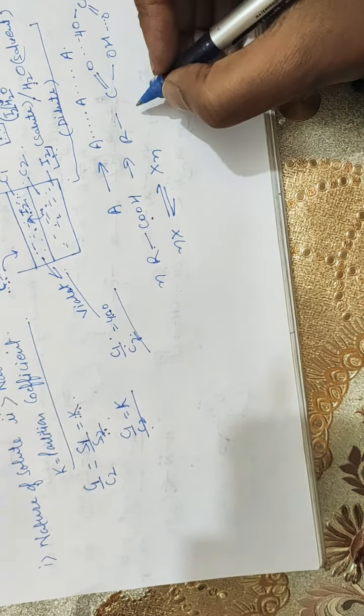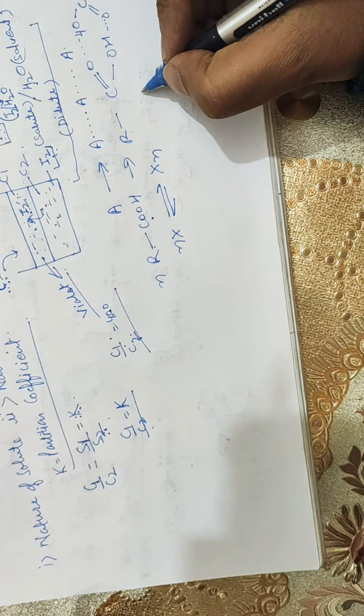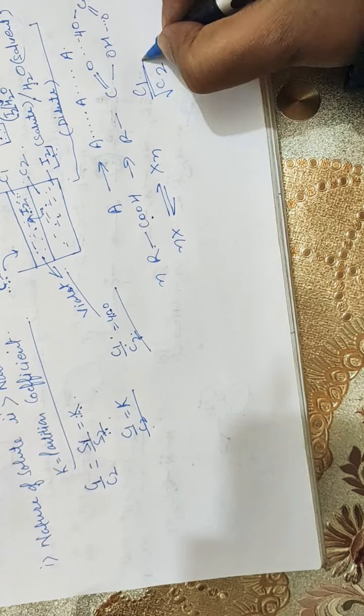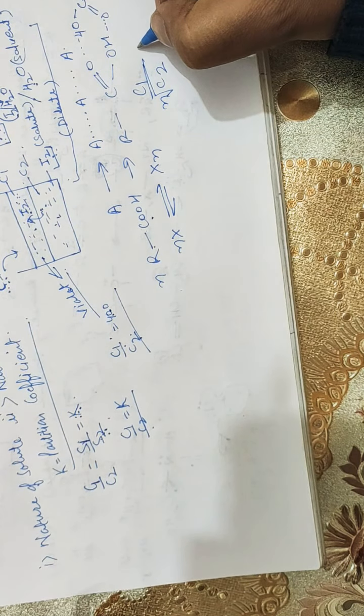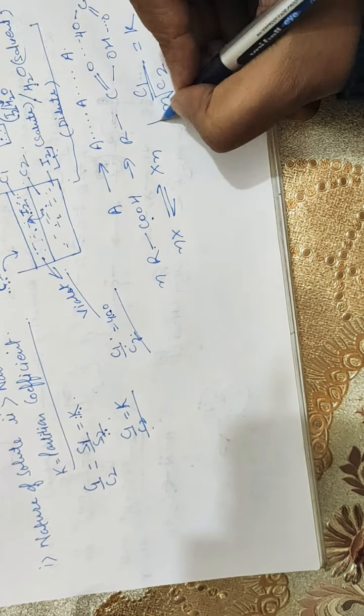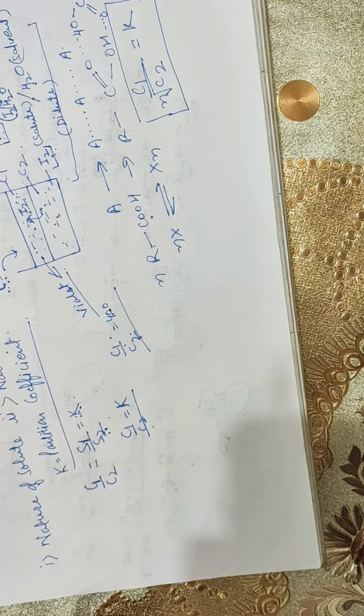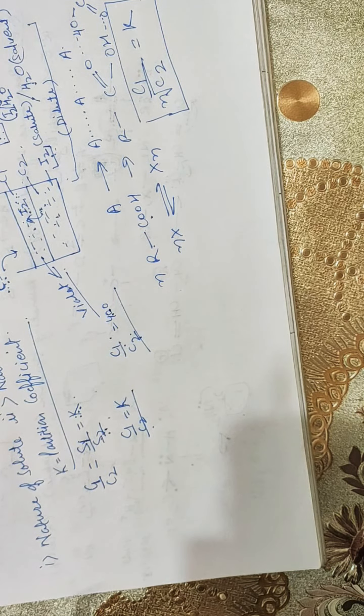So for association, the distribution constant will be modified as C1 divided by the nth root of C2 is equal to K. So this is the formula for association. And further, if it undergoes dissociation,